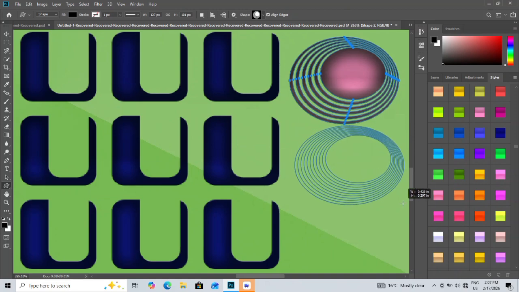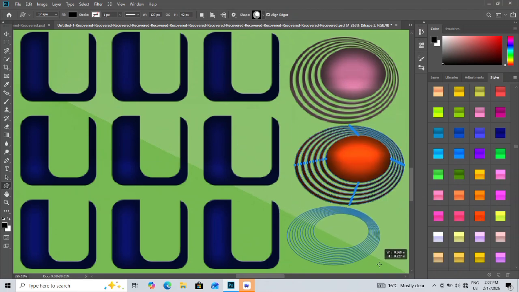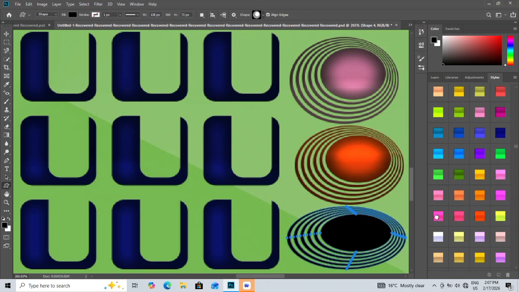Go to Edit, Transform, and experiment with warp, perspective, or distort to bend the pattern subtly while maintaining overall structure. For more experimental effects, open Filter, Liquify, and gently push